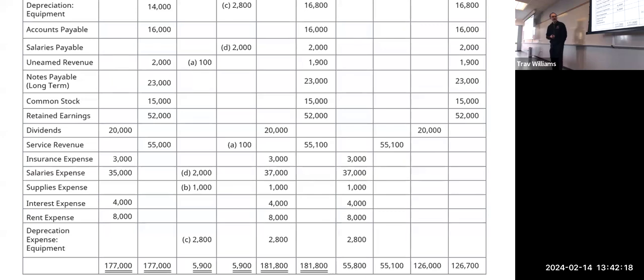Okay, so that's the part that you have to figure out, because you're not gonna see that on the trial balance. You need to go through the retained earnings statement to figure out how much the retained earnings have changed. All right. Does that make sense? Kind of, sort of.